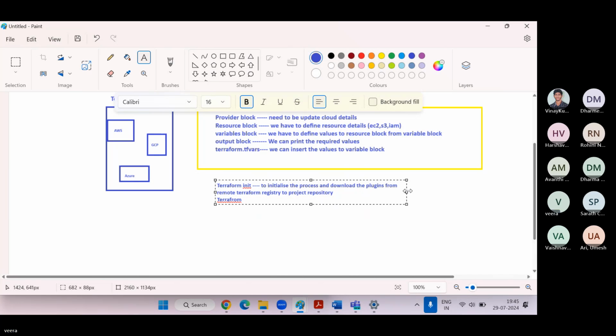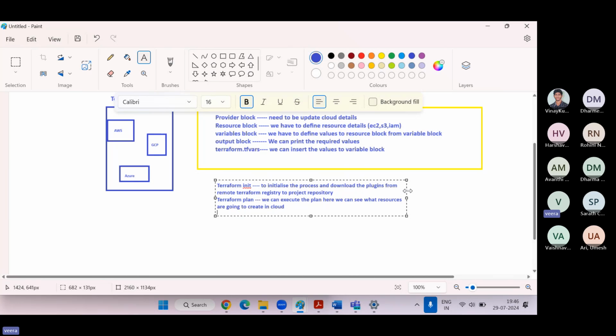With Terraform plan, we can execute the plan, and here we can see what resources we are going to create from this plan in the cloud.